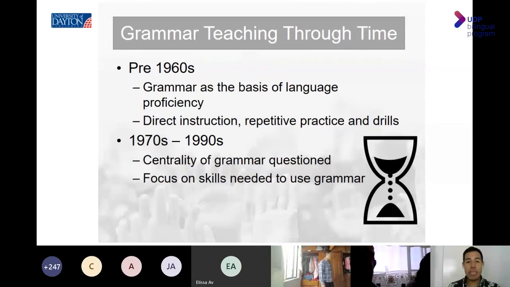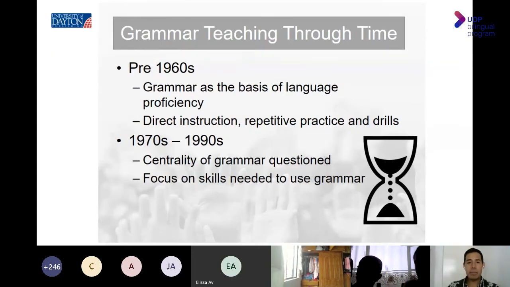And then during that time, direct instruction was very distinctive. There was a lot of repetition, a lot of drills, and that was basically the only practice the students had to learn and to practice all the structures that they learned back then. That is in the 1950s and 60s when we talk about the grammar translation, when we talk about the direct